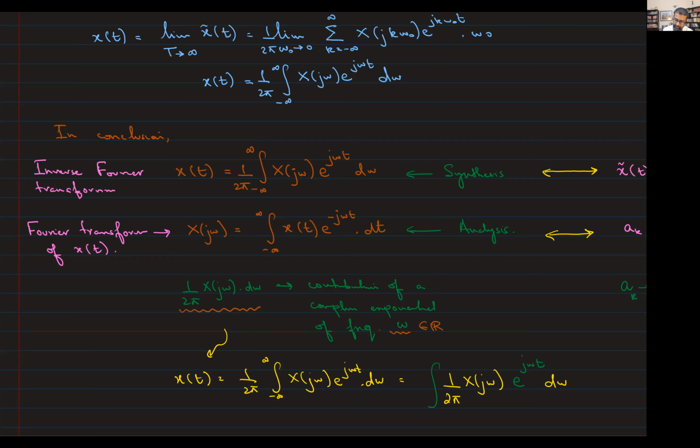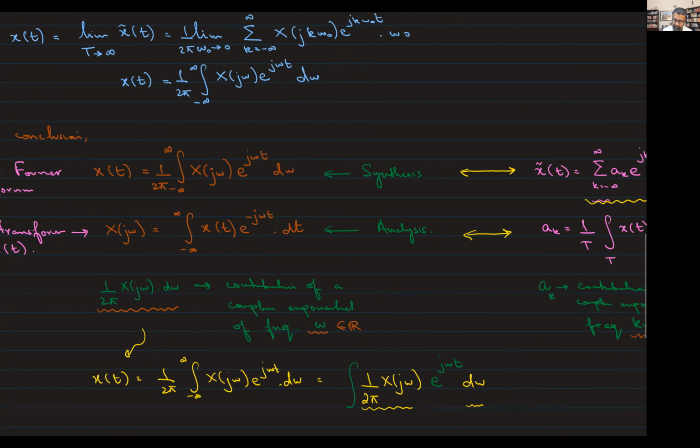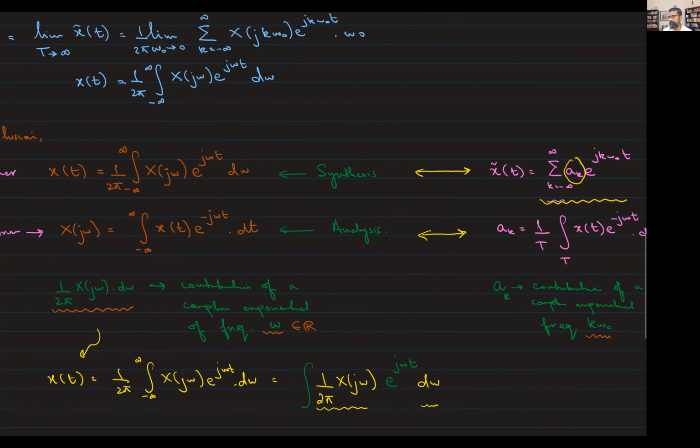Daniel, is this the term? This and d omega, right? So this is being multiplied by e raised to j omega t, and then you're integrating, which basically corresponds to a sum, right? Just like here a k was a term being multiplied by e raised to the power j omega t. I've tried to bring that analogy here. That's how I do this. Daniel, is that clear?